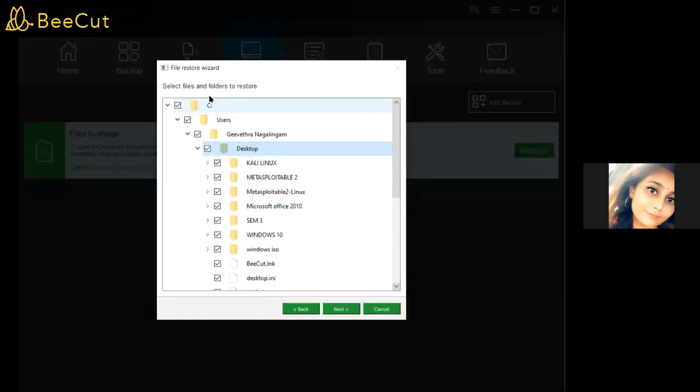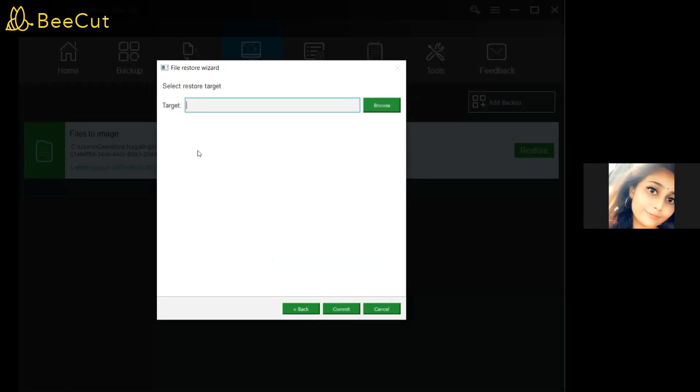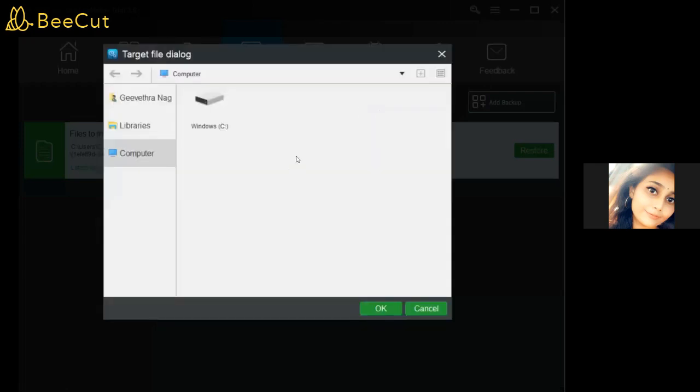So these are all the files that I selected for restore. Now I will click next. Now it will ask to select the restore target. In the target section, we can select where you want to restore all the files. When we go to the browse section, you can see all the target file dialogs available using ShadowMaker.